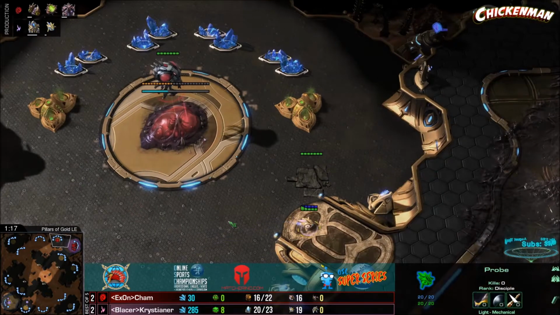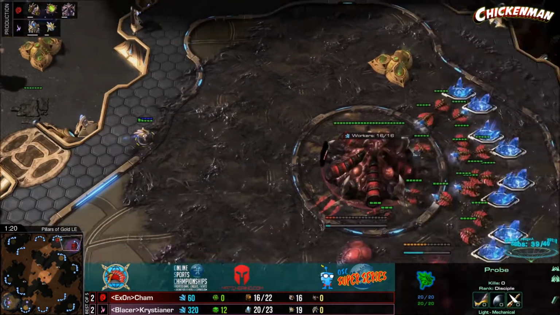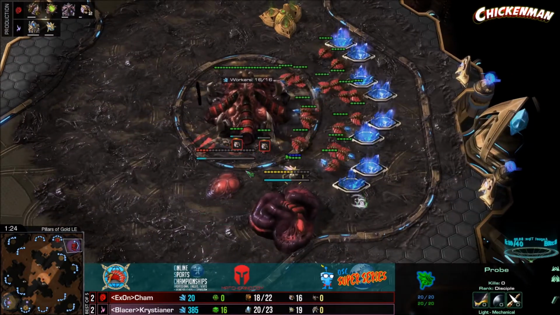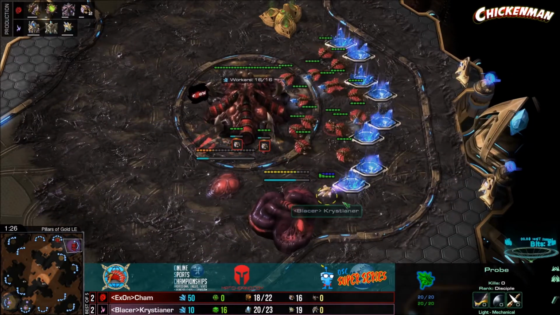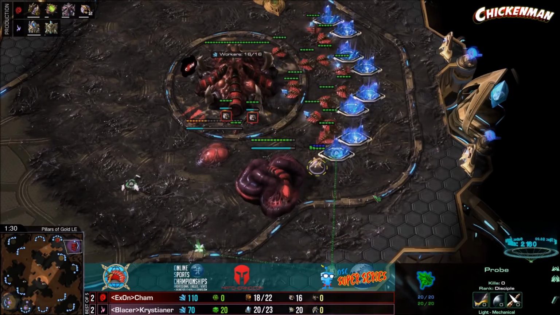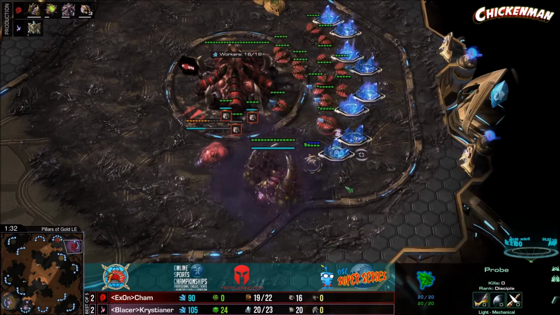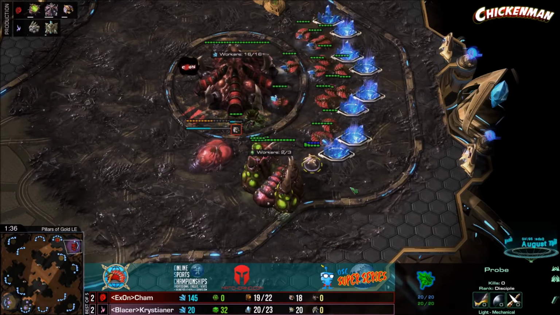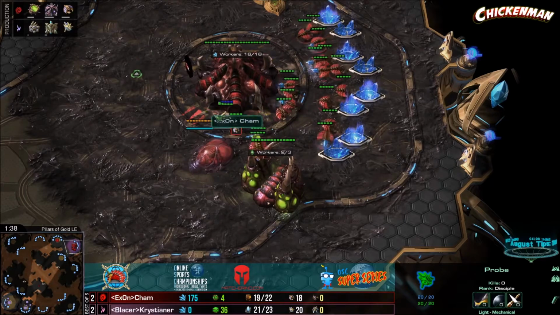And it didn't work. Cham was really good at changing up what he did and reacting to what Krystianer was doing. Could we see that again? I feel like Cham did a pretty good job defending in the last game. He would probably do a slightly better job defending this game against the Archon drop, etc. But